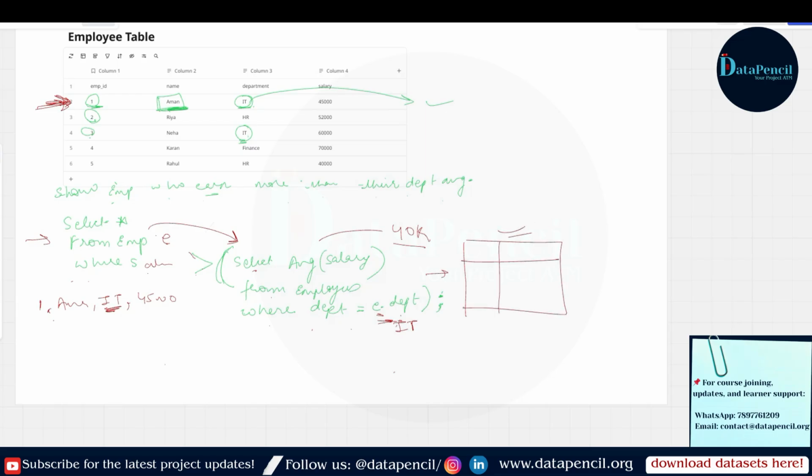Okay, first row is done. Now SQL will go to the second row. In the second row, the employee ID is 2, the name is Ria, the department is HR, and the salary is 52,000. Now this subquery gets the signal that this time the department we have to take is E.department, which means the department at row 2, and the department is HR. So now it will take the HR department and it will calculate the